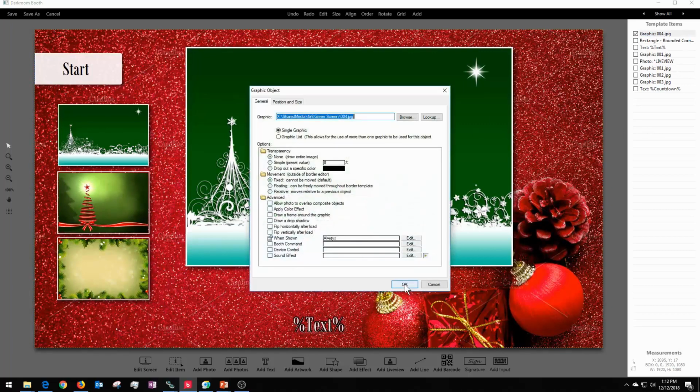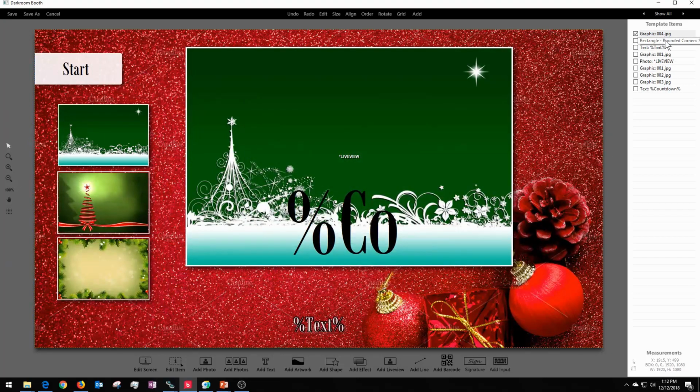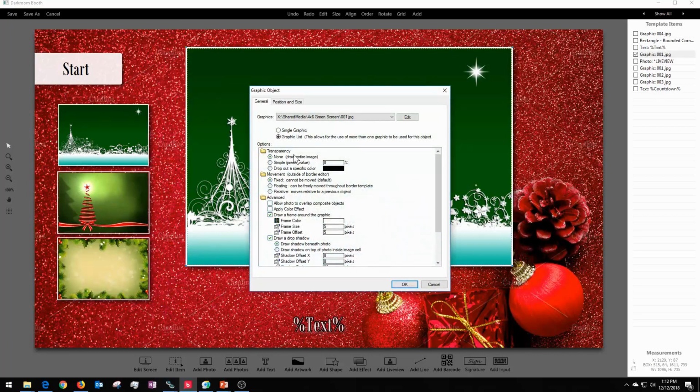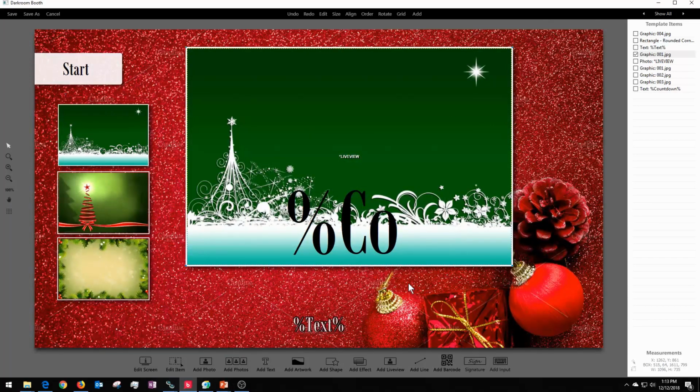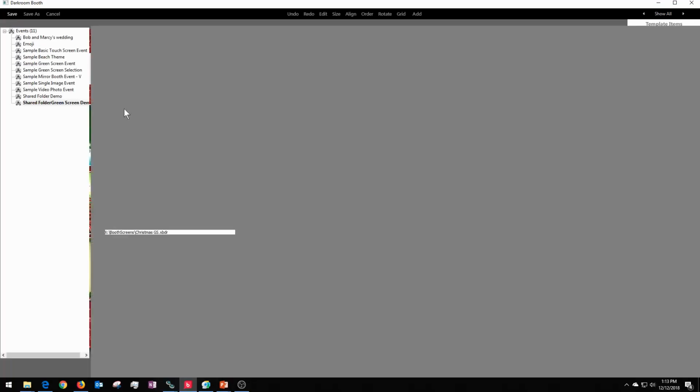So if I double click here, you'll see here that this is a background on the screen template, and it's the same way, shared media, okay, and all of that's in there. And then we've got our graphics list for the live view right here that's also in shared media. Okay, so again, you're going to just put all your graphics in that shared media folder and then go from there. So now that we've got that done, I'm going to exit out of this and run a session so